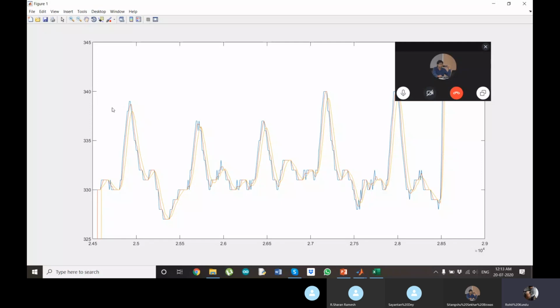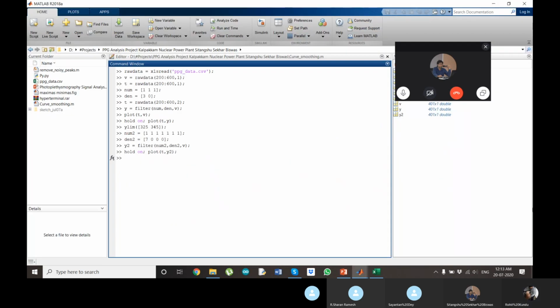So as I was saying, the curve has been delayed by a greater amount. But the curve is much smoother too. So it is basically a trade-off between the smoothness of the curve and the delay. So we have to choose the filter size very carefully. So I'll just show the maximas and minimas also. I'll use the window size 3 curve for this.